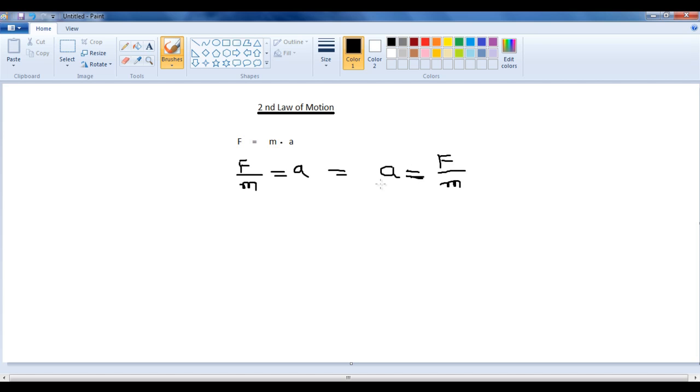Now what is the meaning of that? If you have a mass of some object, you want to move this with some acceleration, then you have to apply this much force, and you can think like this. What this says is acceleration on an object is equivalent to total force or the sum of forces acting on an object divided by the total mass of an object. That is the meaning of this formula. A is equal to force by m.